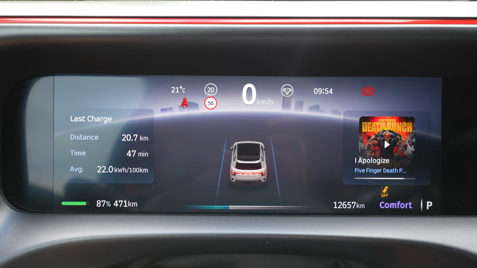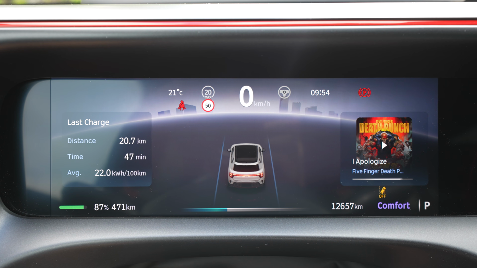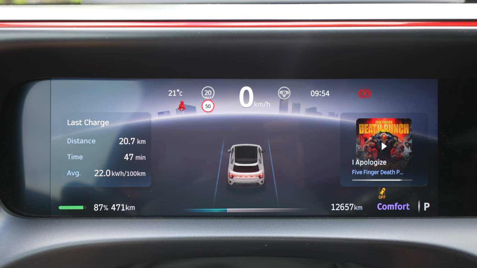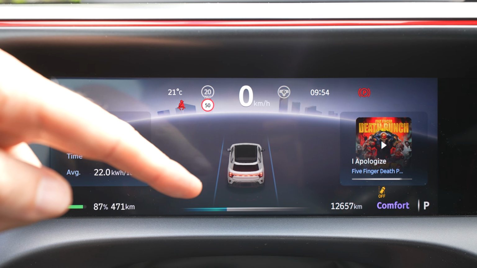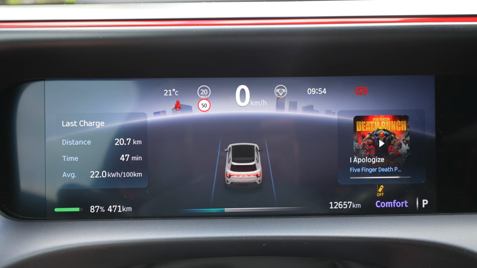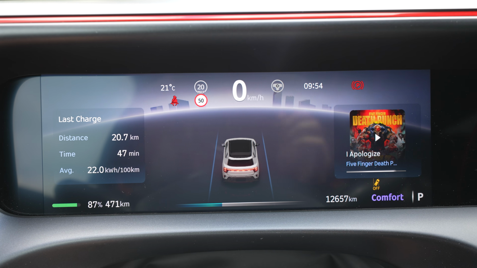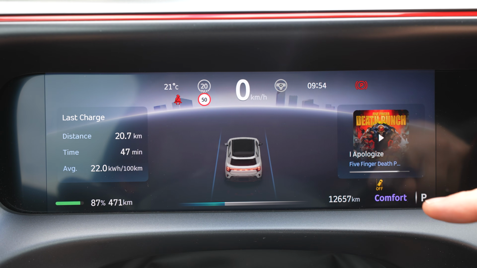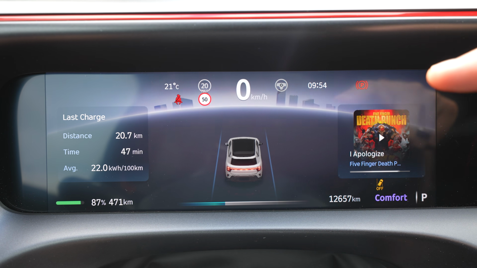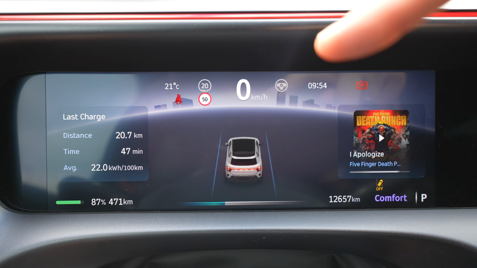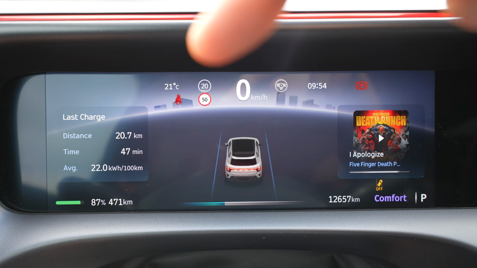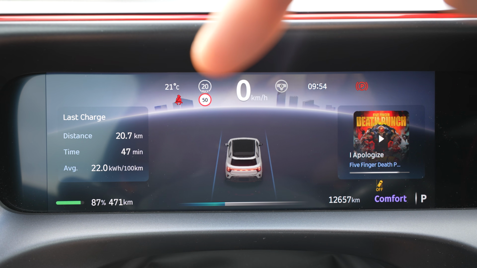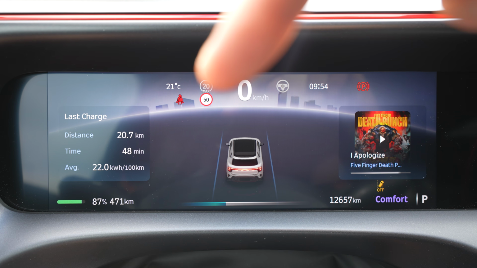Let's start with the cockpit. I have on the left bottom my state of charge, my range. On the bottom here I see how much power I'm using and regen, the car in the middle. Here I have my odometer, my drive mode, that I'm in park right now, that the park brake is on, my time, outside temperature, where the cruise control is set to 20 kilometers an hour, my speed limit,